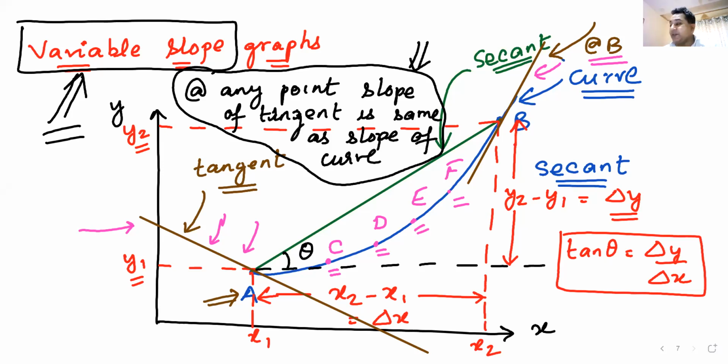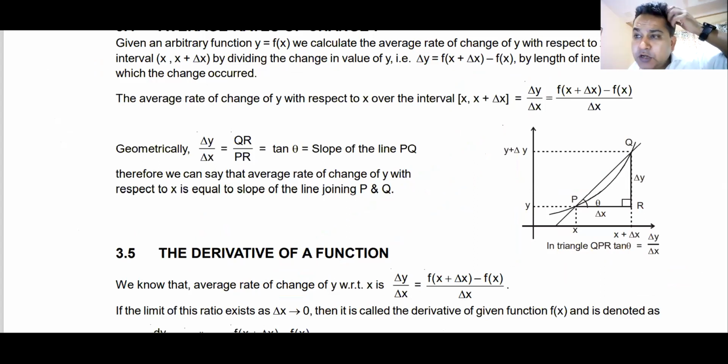Okay, chalo. I've heard your ideas, and let us see what I have got for you. Do you see this, everyone? We have discussed this, right? How I get the slope of this secant. You understand this PQ is a secant?